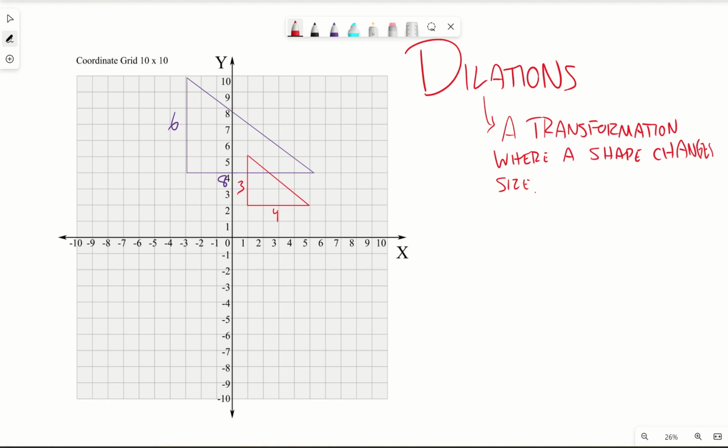Okay? So the way that we can tell if the shape is grown is by comparing the ratios of the side lengths. So if I have these two dilations, this is point A, B, C, and this is A prime, B prime, C prime. Prime means the shape has changed. These little tallies here mean the shape has changed. So if I want to compare the relationship of side AB